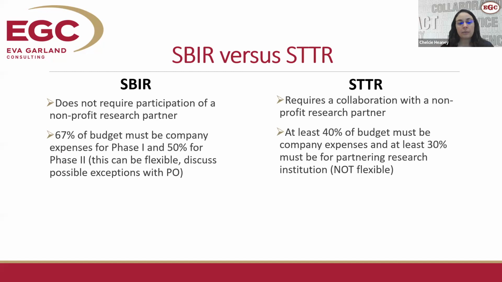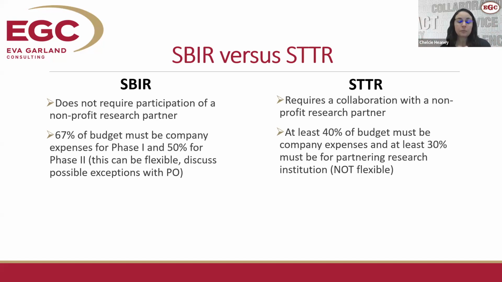Again, I mentioned that there are budgetary differences and considerations. So for example, for an SBIR, again, Brandon in the next webinar of the series will get into these details in a lot more granular detail, but just high level, for an SBIR, 67% of the budget must go to the company for phase 1. When you get to phase 2, that decreases, so you're allowed to spend 50% of the budget outside of the company.